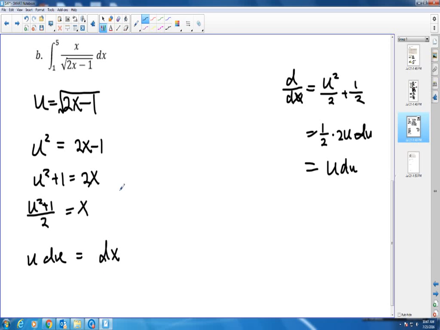So as you can see, the dx, let me use a highlighter, the dx right here becomes this. So now this whole bottom here becomes u, so that'll be 1 over u. So this problem becomes the integral of 1 over u, because this whole bottom here is a u,